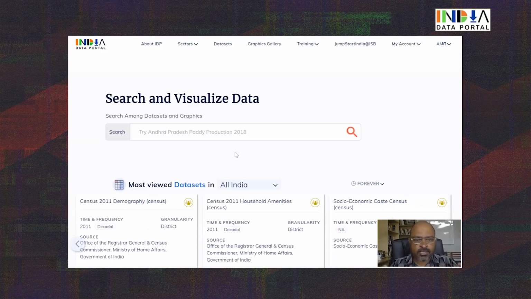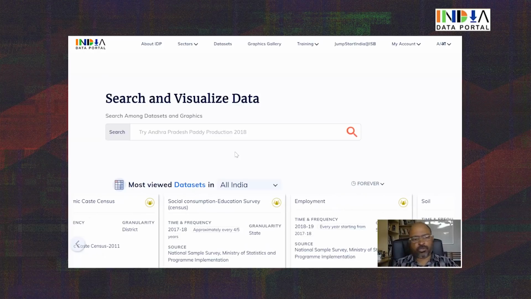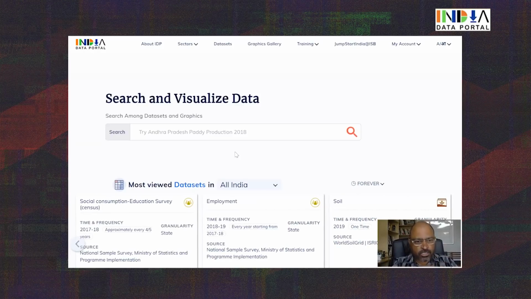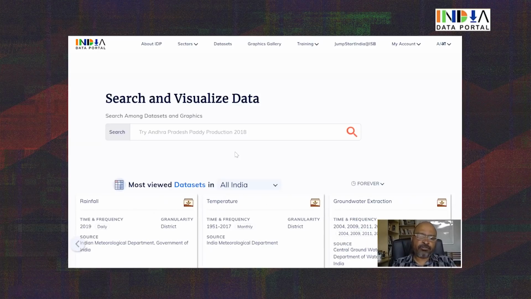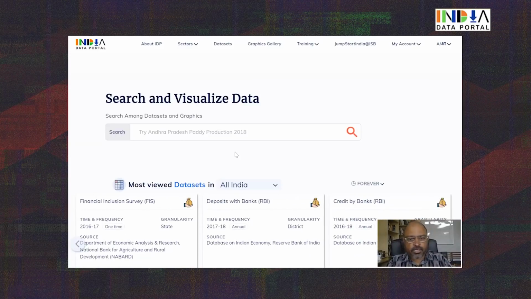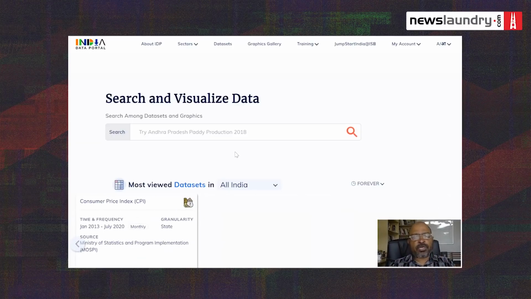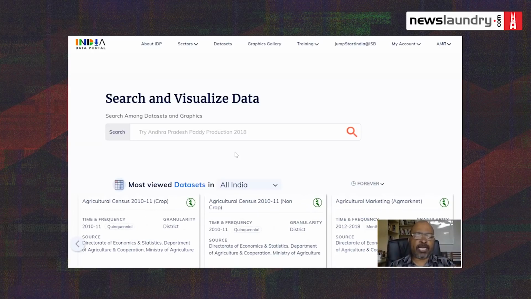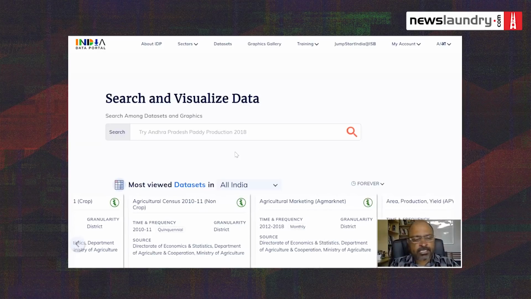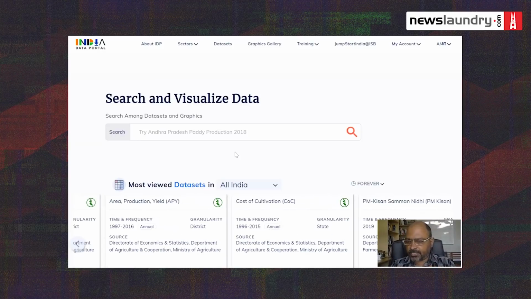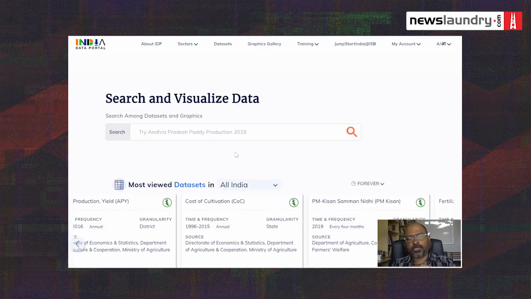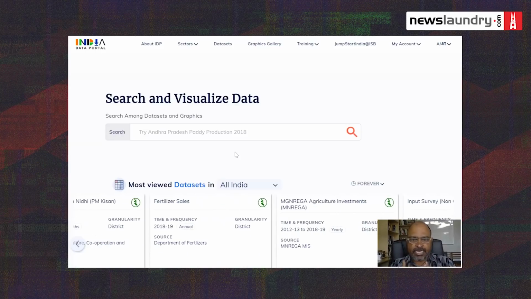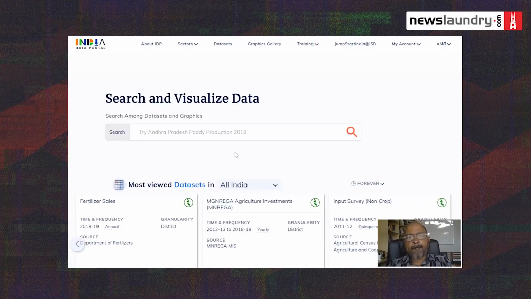And we can see the difference there when we compare scheduled caste holdings to general category holdings, and we will see that the proportion of general category holdings that have irrigation is much more in comparison to its proportion in the population. So it allows you to compare population data set to irrigation data set using social categories. I believe, and this is just an example, there are so many different data sets in the India Data Portal that allow these kind of analysis using different social categories.